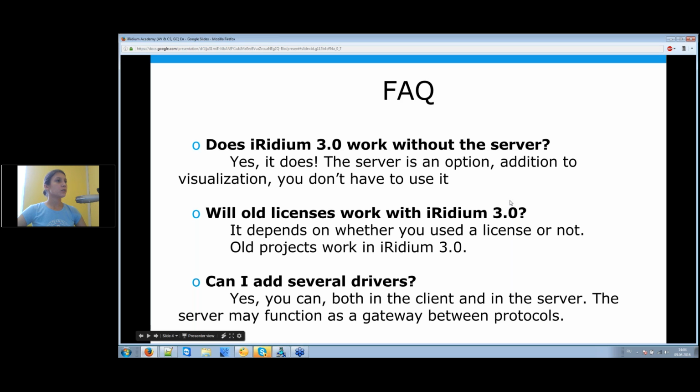And frequently asked questions about the new iRidium. Does iRidium work without the server? Yes, it works without the server. You can use iRidium server as an option. It makes you able to create graphics, to store the databases, to make a gateway between different systems. But if you don't use it, you can use only the iRidium app on your control panel. Will the old licenses work with the new iRidium version? It depends on whether you used